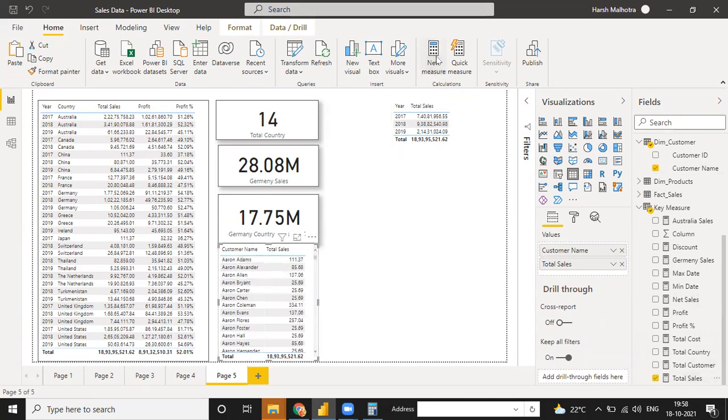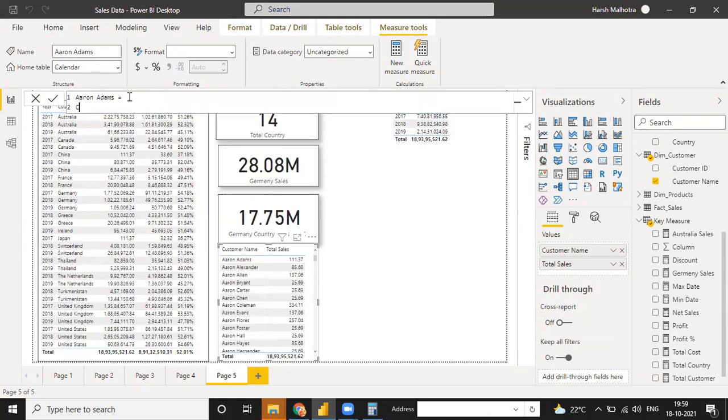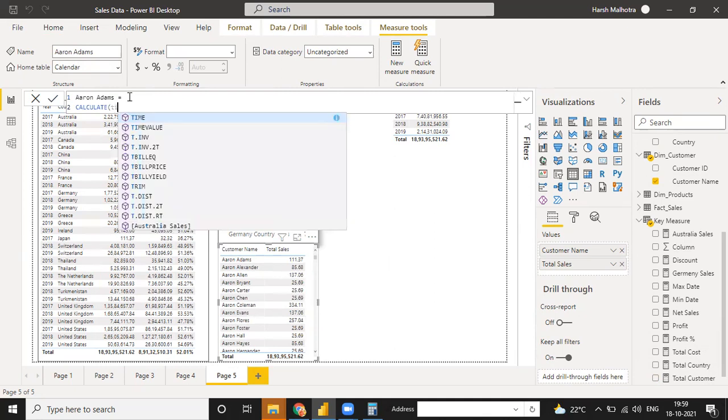So if I just click on this new measure again, I need here Aaron Adams sales. Just click on this function and you can use CALCULATE total sales.